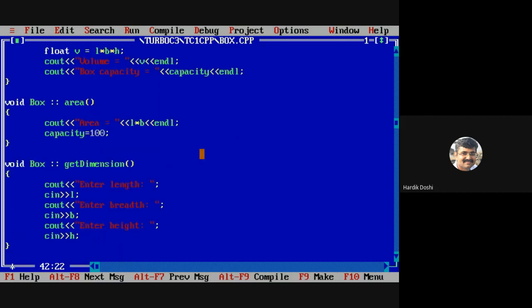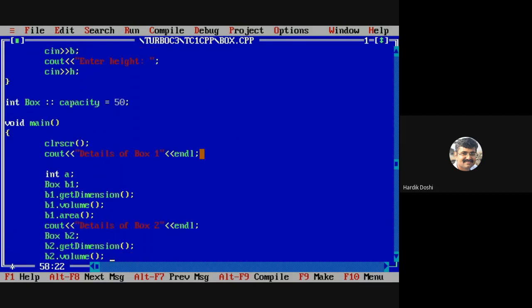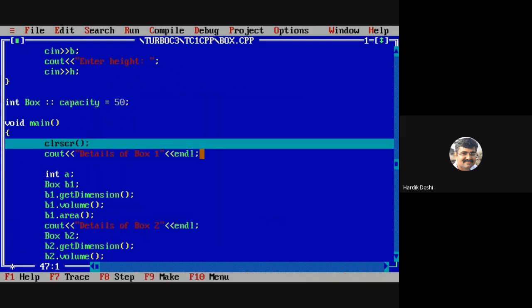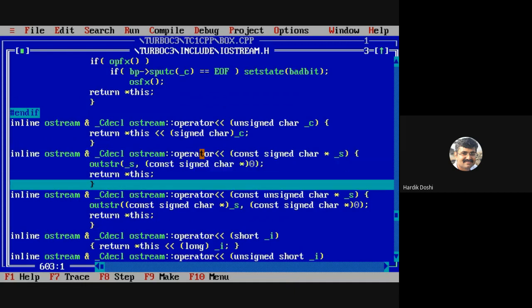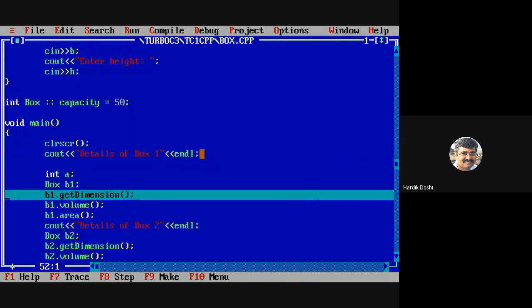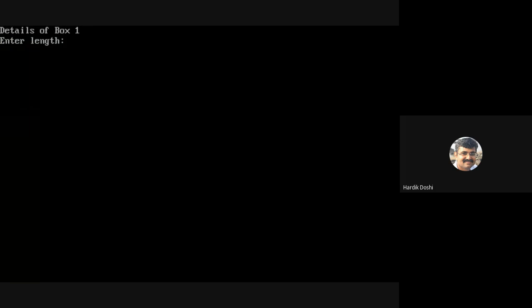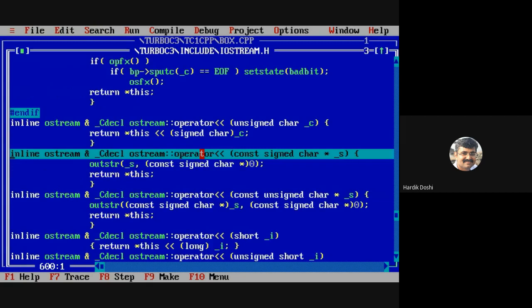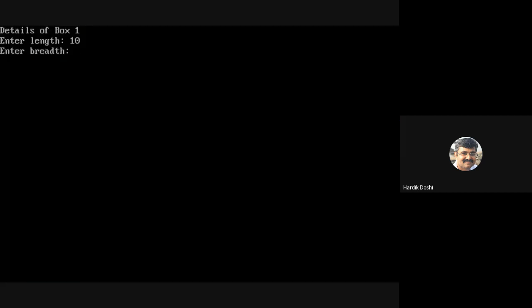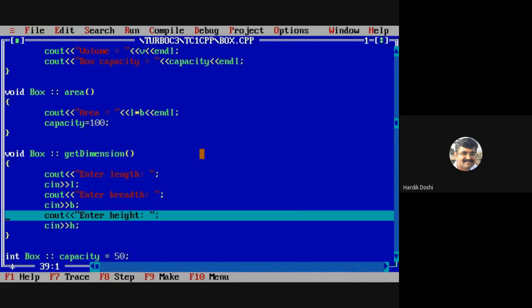Very simple. Execution will start from void main. T1 dot get dimension, you're asking for the dimension. I'm entering 10. Again asking for the dimension for breadth, let's say 20.